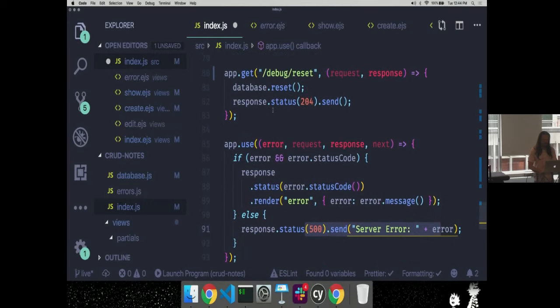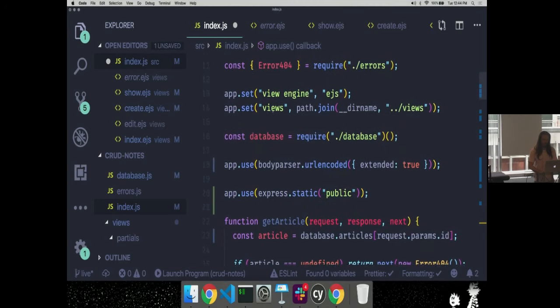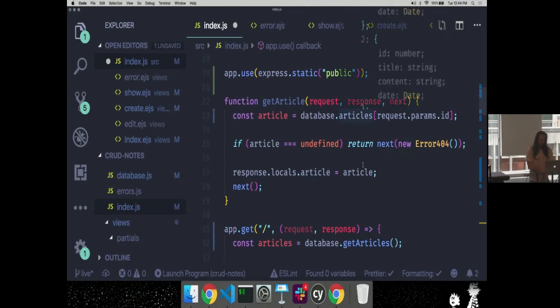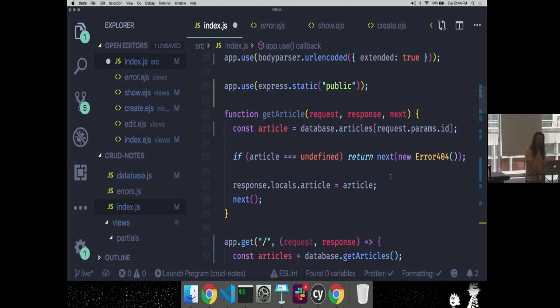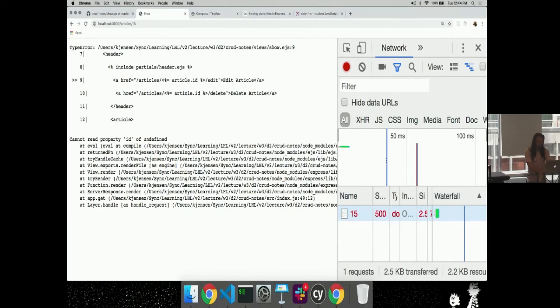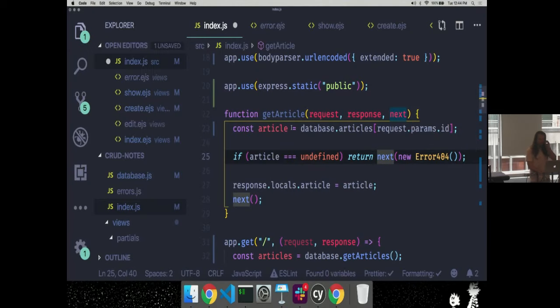So what I need to do is I want to make sure that I should send request.params. Oh, right here. It's not calling this middleware. When would this function be called? It doesn't yet, right? I've just declared it.